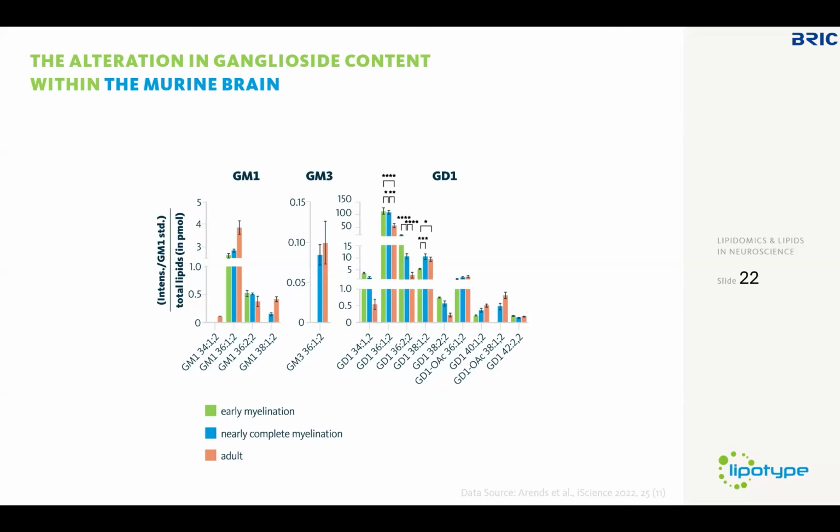And the highest quantities were observed, as I already mentioned, in GD1 species, followed by GT1. And then basically we were able to see that the most abundant ganglioside species were in GT1 36:1;O2 and GT1 36:2;O2, as well as further changes within this lipidome. We also saw some increases and some decreases throughout this whole myelination stage. So this was basically it.